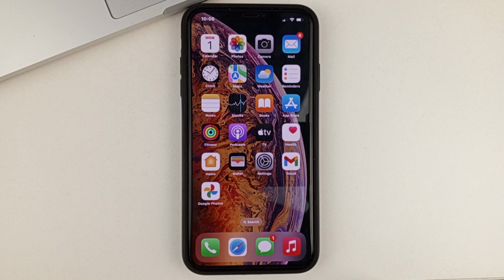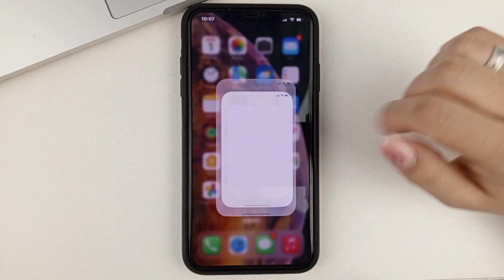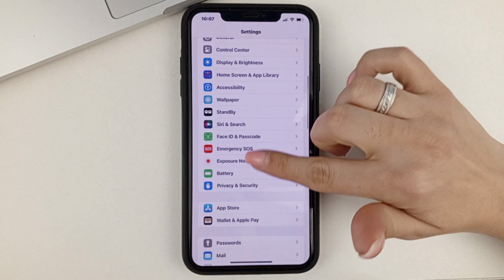Let's get started. So, first let me tell you what the call announcement feature can be useful for. For example, in situations when someone calls you, but you can't go to the phone at the moment and see who is calling. If you have your hands full, if you're in the middle of something, and you can't come to the phone, then there's a call announcement feature, so that the phone will tell you or announce who's calling you. To enable this feature, we need to go into the phone settings.